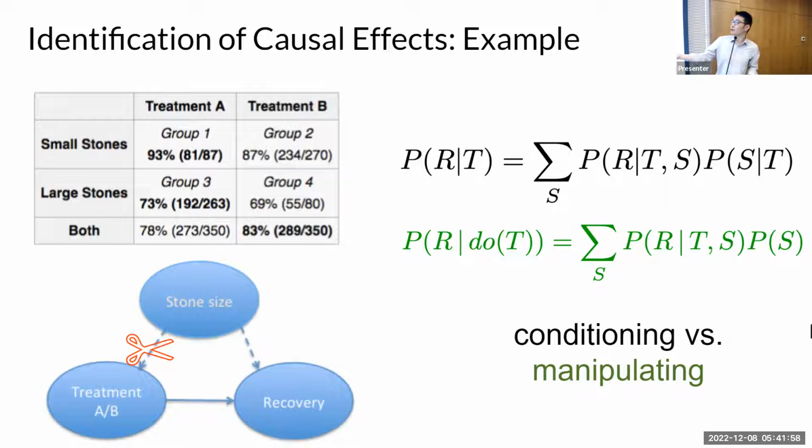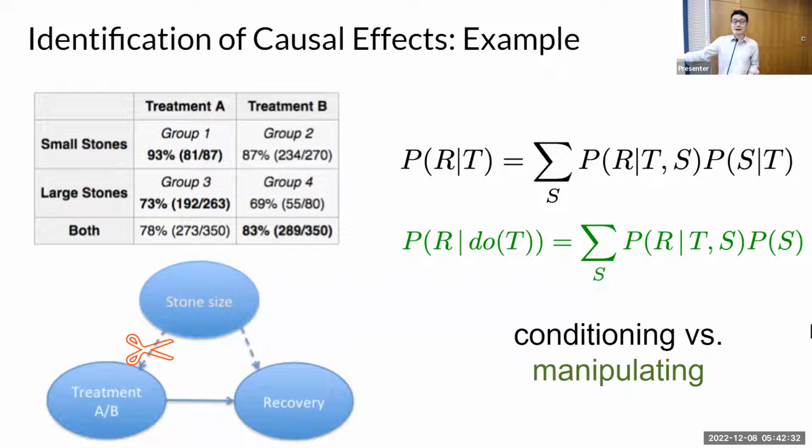So you want to see the causal effects right here. Of course, if you care about the dependence, you rely on the conditional probability, essentially the conditional probability of recovery given treatment. And if you rely on the conditional probability, B is better. That's for sure. Now we are doing something different. As I just mentioned, you want to see the causal effect of treatment on recovery, so you have to do intervention. Essentially, you care about the probability of recovery given the intervention on treatment.